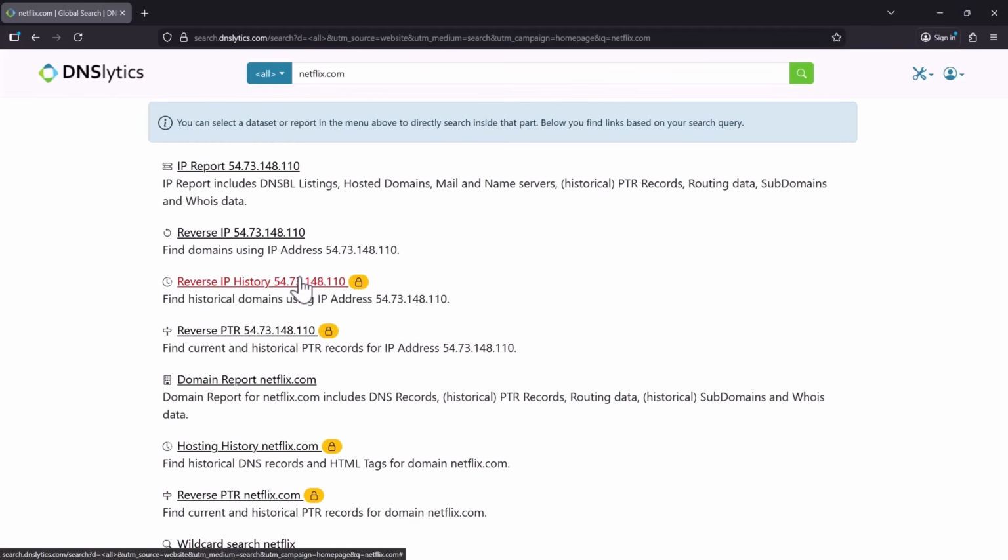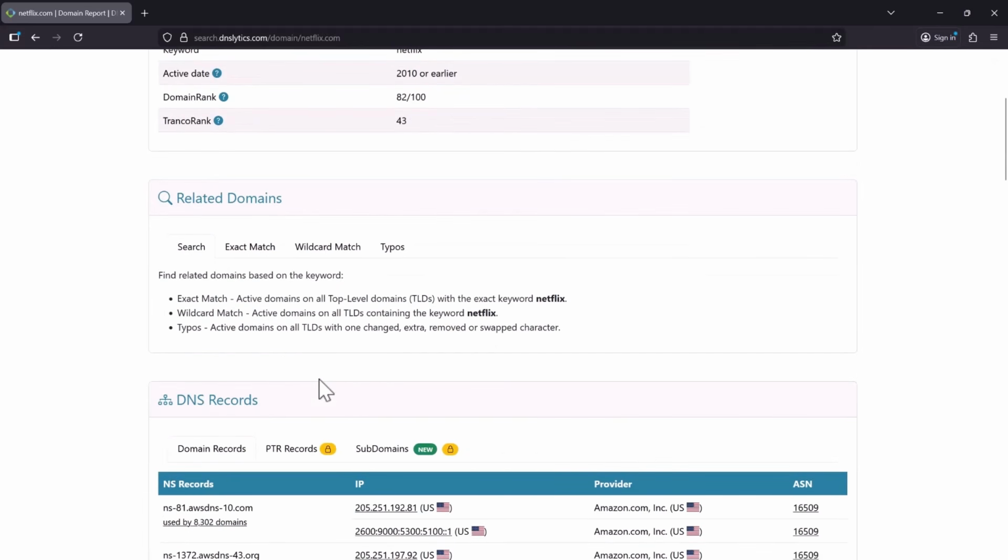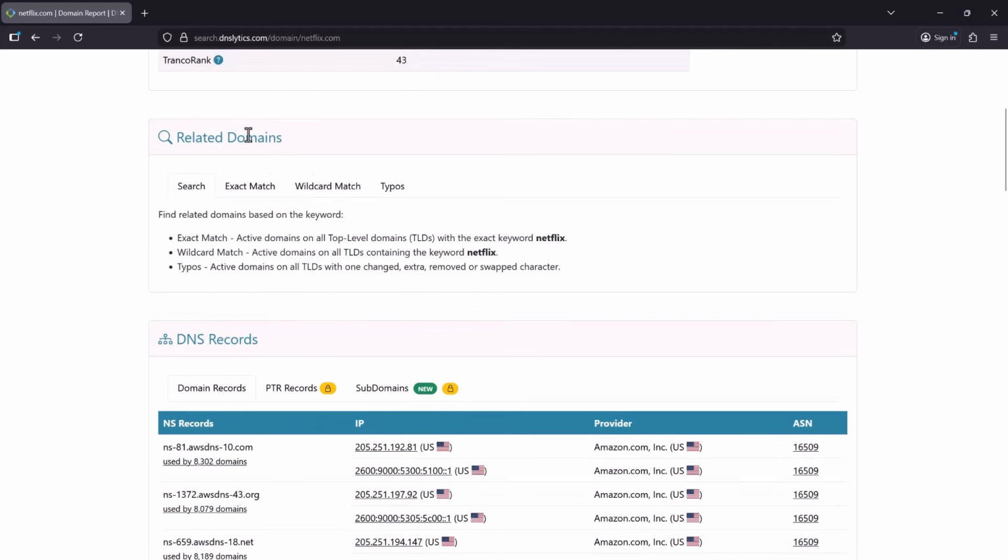In this case, we just want to say, hey, I just want the domain report for Netflix. They should just give you everything in one page, which is really, really nice. And now they've broken it up. But for now, just show me the domain report for Netflix.com. And it gives us some basic information so we can see when it was registered. In this case, we can see that's before 2010. Very popular site, as we would imagine. We don't see any related domains by default, like we used the little script for earlier,